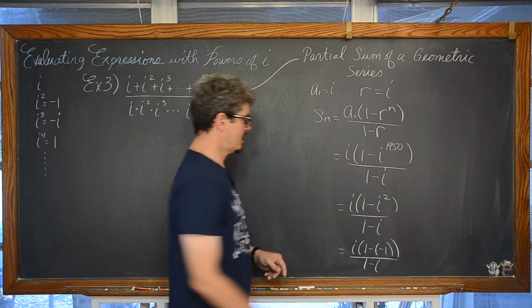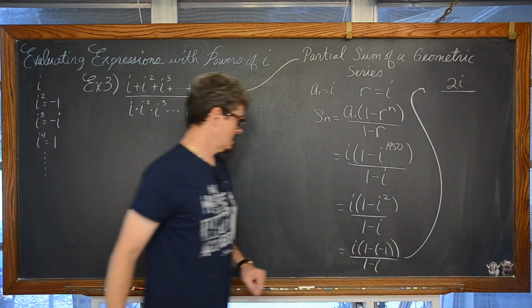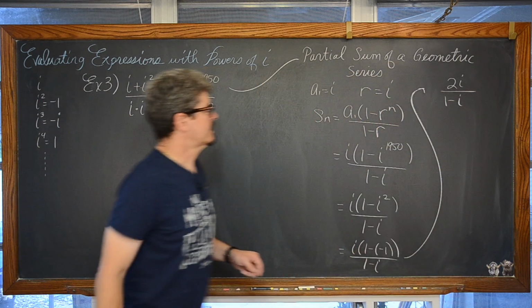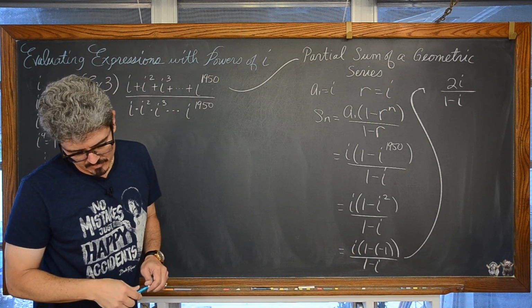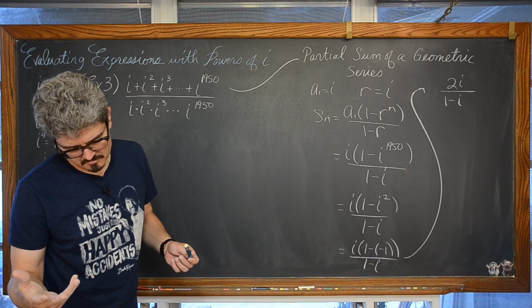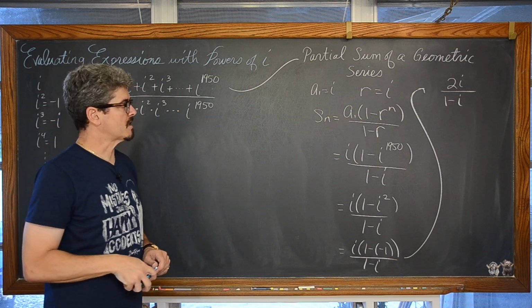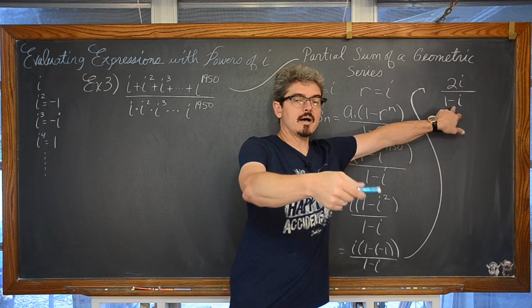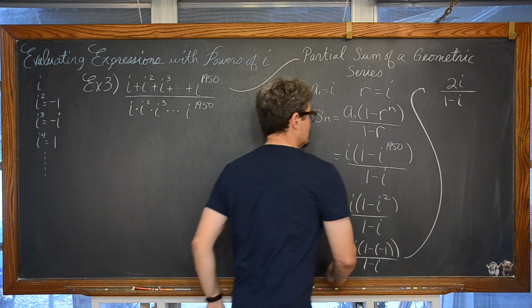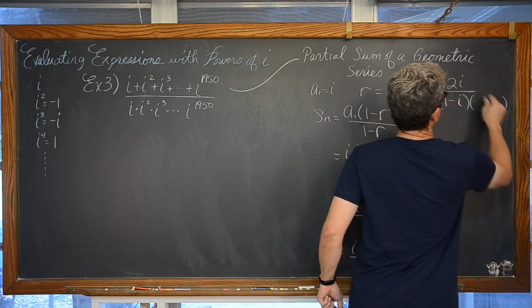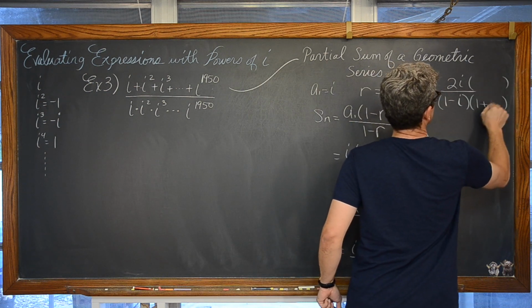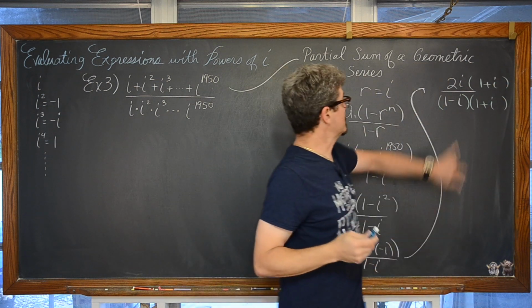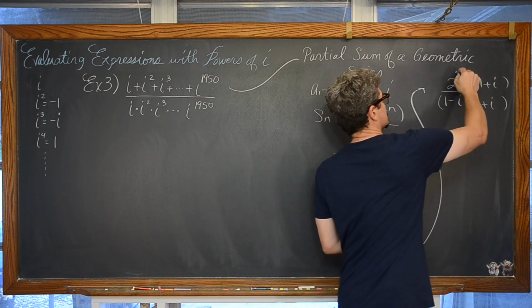So we're looking at 2i over 1 minus i. And that doesn't look anything like our old numerator of negative 1 plus i. But that's because we need to get the i out of the denominator. So we're going to multiply by the conjugate, which is 1 plus i. That's going to give us 2i as we distribute,